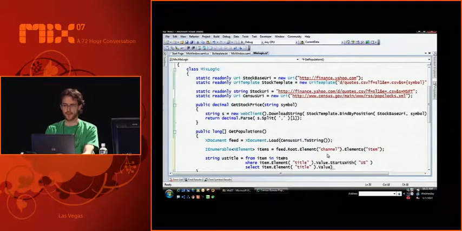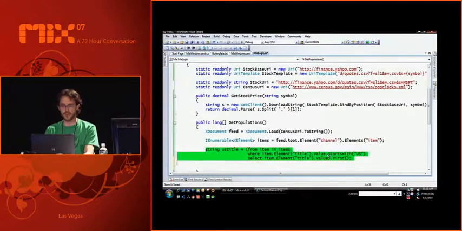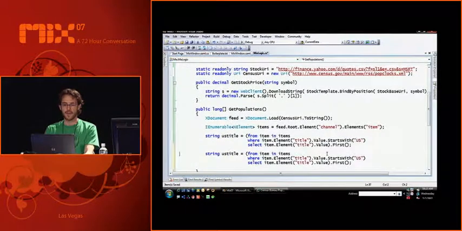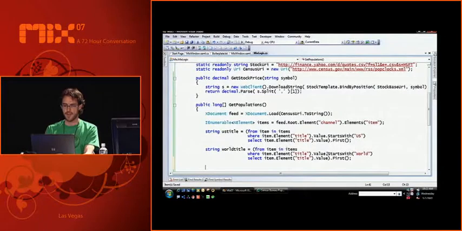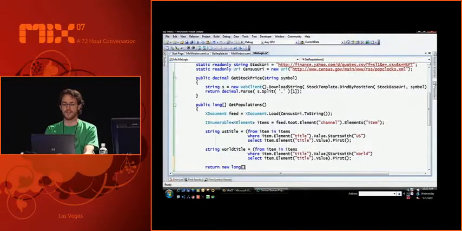And then we'll pull out the first one of those, because LINQ returns us an IEnumerable. First. Sweet. Great. So we can do the same thing for the world, just by changing the element that we're looking for. And then we're going to say return new.